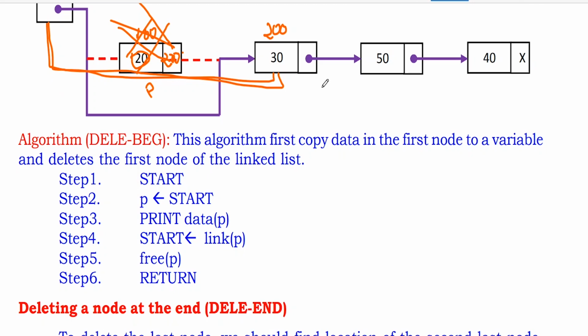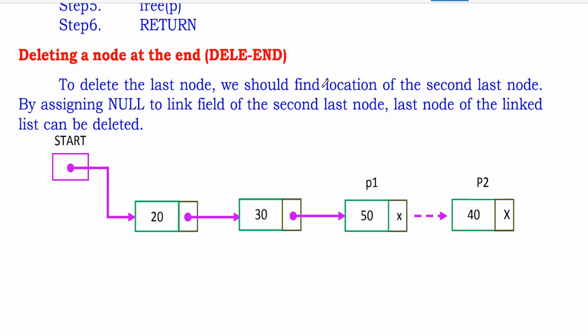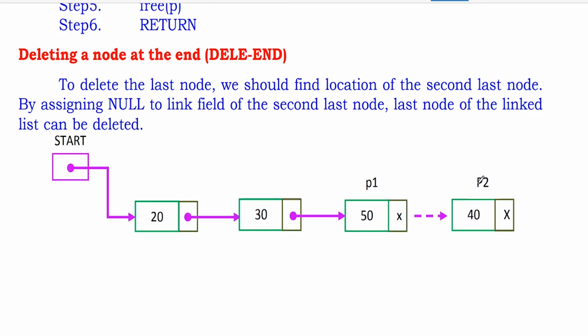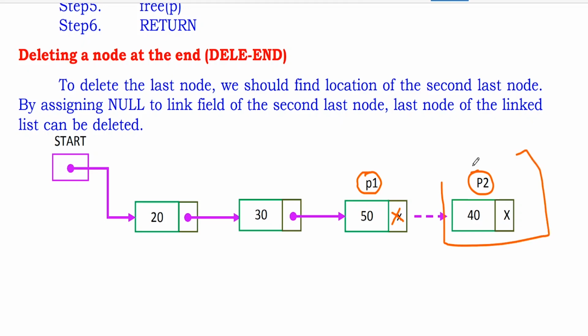Now, deleting a node at the end of the linked list. For deleting at the end, we have to take 2 pointers: one for the node to be deleted, and the previous pointer. We have to be careful. We have to take 2 things. One is the previous pointer of the node to be deleted, because this node's address is in the previous node. Here I have to disconnect first, and then this has to be deleted. That's why we use 2 pointers. The previous node is where its link is available, and there we make it null, then it is deleted.